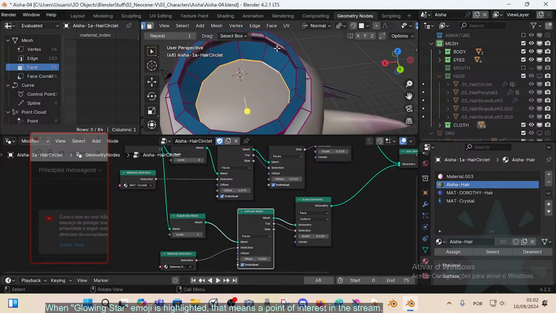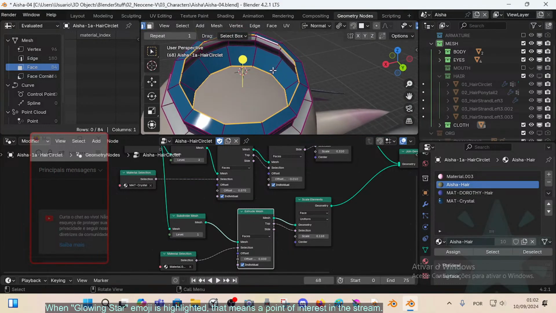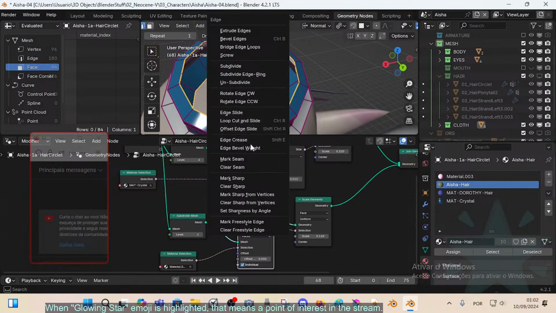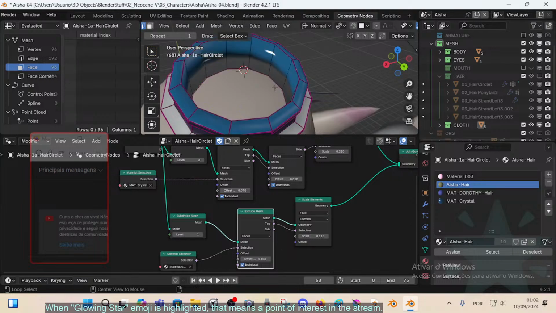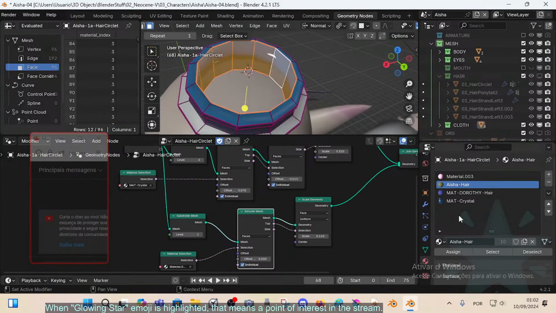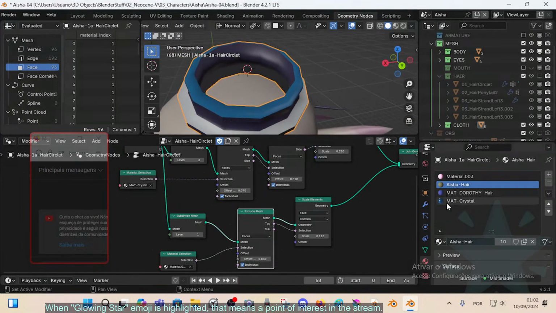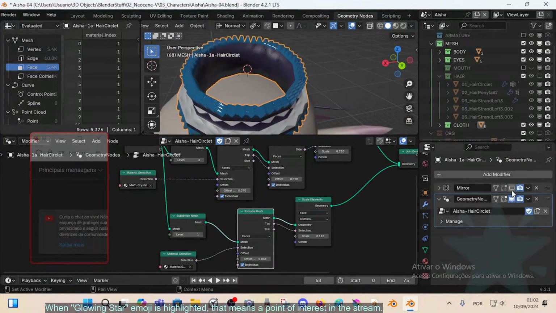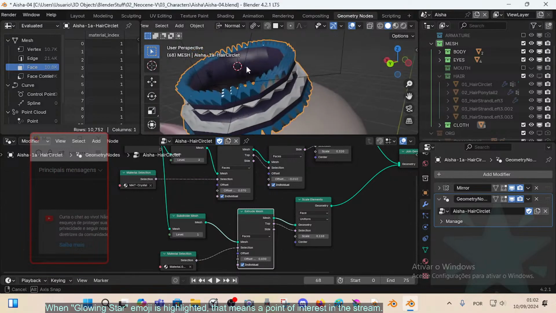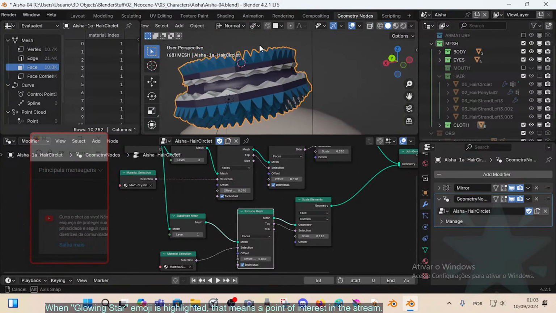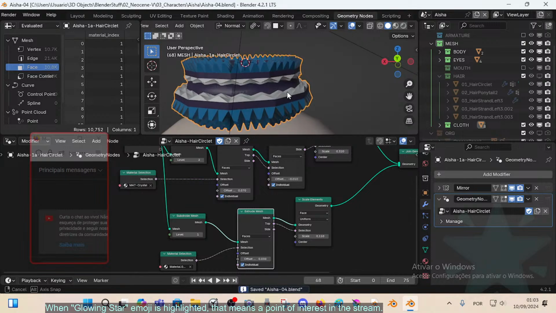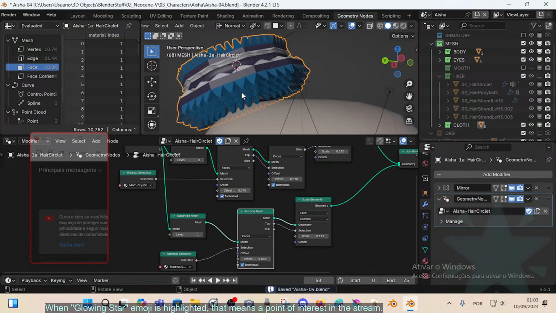So basically need to bridge edge loop here. And this I can turn into this. Now if we, non-manifold thing, probably, yeah, here. All right, and